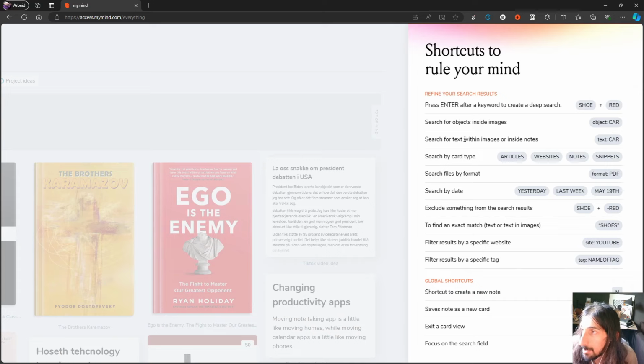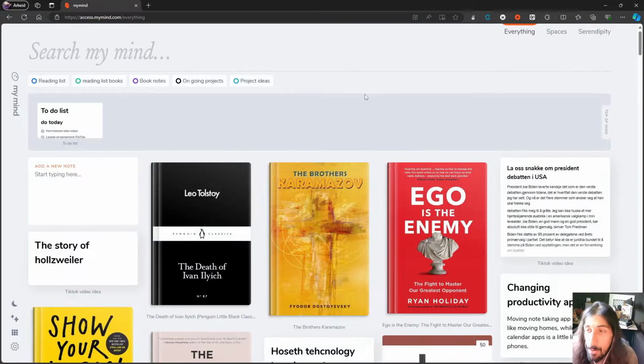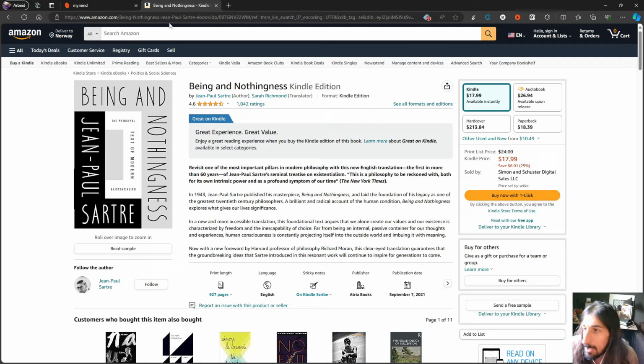So searching for objects, searching for text within images, you can do that as well. So it is a really powerful application with a really powerful search. But just to show you how the web clipping works and why this app doesn't need any organization,